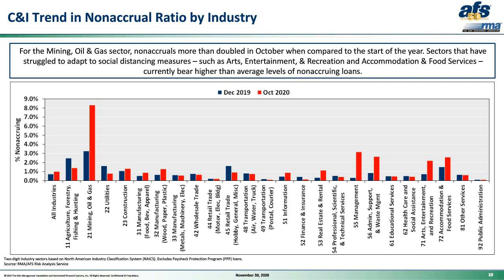And outside of oil and gas, there are 4 other sectors that have been dramatically impacted. Not as much as oil and gas, but still showing significant impacts. These are 55 management, 56 admin, 71 arts, and 72 accommodation. And many sectors have seen little or no change. Sectors such as 44 retail, 49 transportation, and 52 finance and insurance are among several industries that had a near 0% non-accruals in December 2019 and are still low, especially when compared to oil and gas or arts or accommodation.